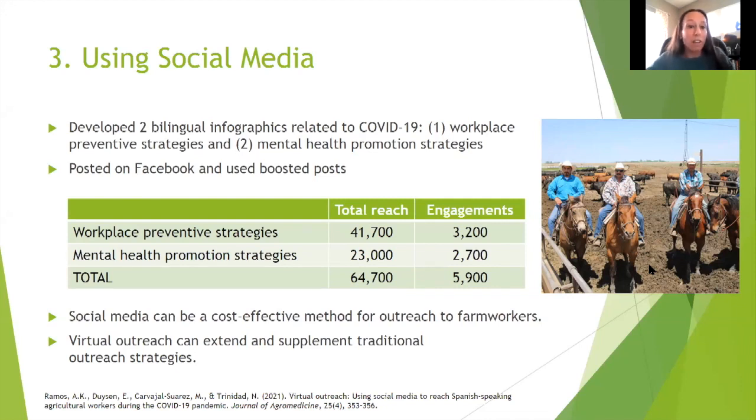We posted them on Facebook because based off the research that we had been doing over the past 4 years with our group of farm workers, we had talked to them about where they would like to access health and safety information and what type of health and safety information they were interested in. And we learned that online and videos and in-person trainings at the workplace were some of the highest rated mediums for communicating health and safety information. They were also very interested in general health and safety information, respiratory health and safety information, and of course, how to prevent injuries and illnesses on the job.